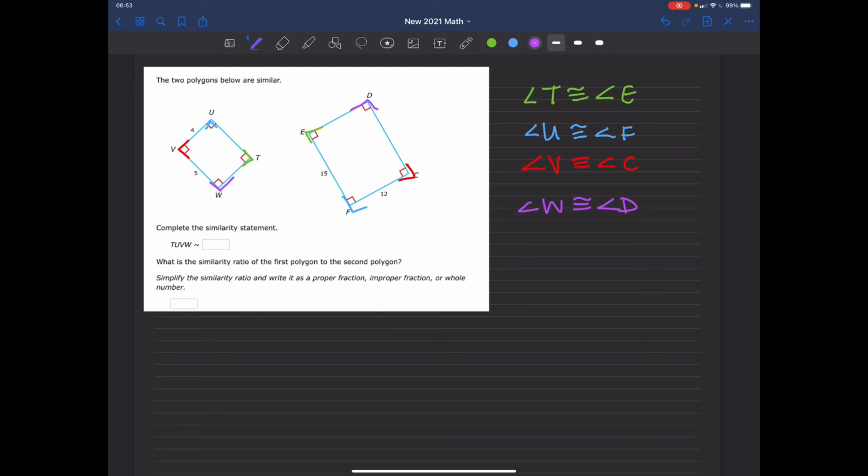We're going to say TUVW is going to be similar to EFCD. And then our ratio, let's see, it's going to be